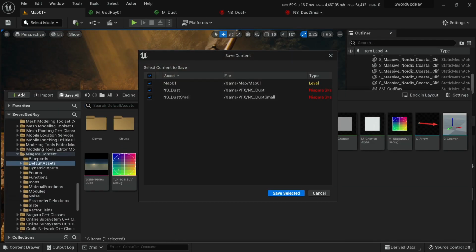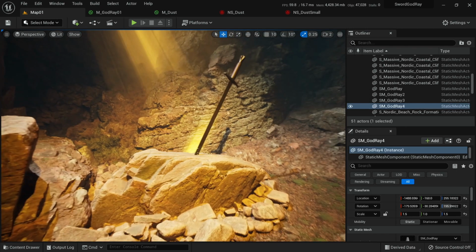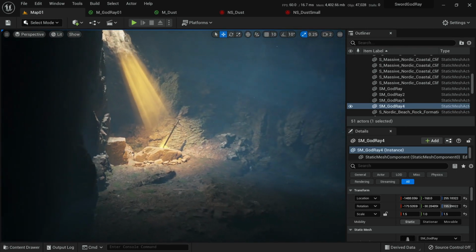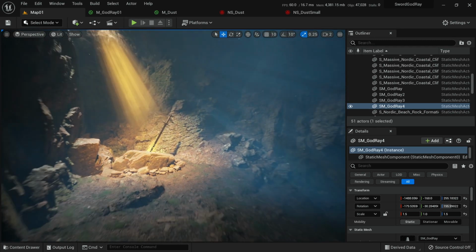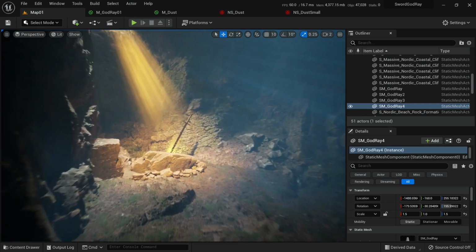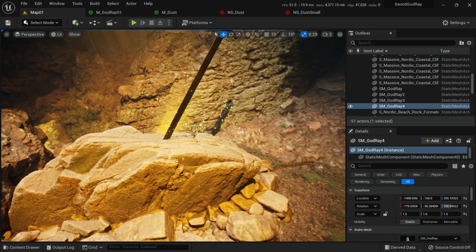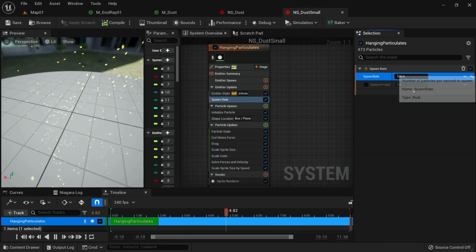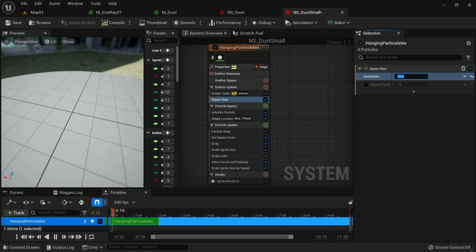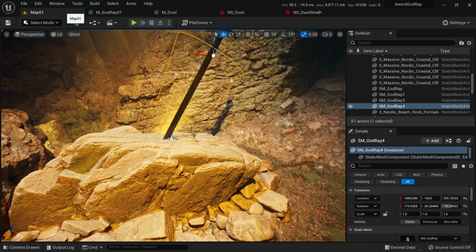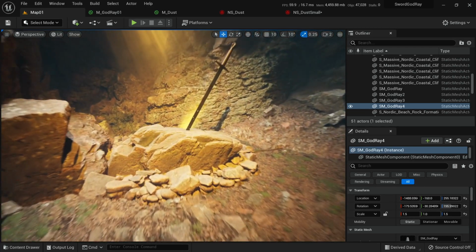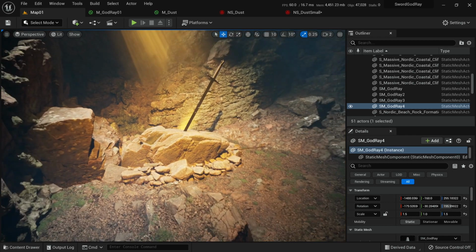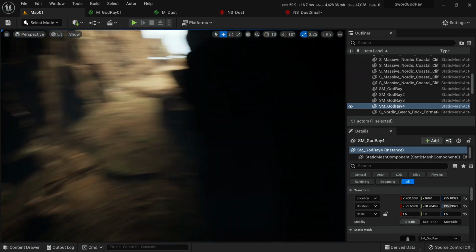Let's save this. Okay. That looks fun. It kind of ruins the immersion though. It was a fun experiment, I think, but it really ruins it. What if we just put 10? Maybe 10 is fine. Just maybe 10 is fine. But still,